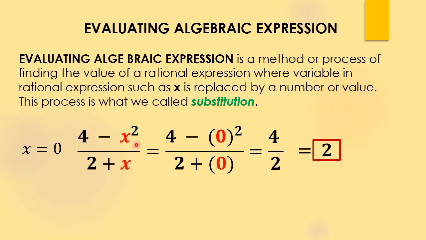Replacing x with 0: 4 minus the square of 0, which is 0, becomes 4, and then 2 plus 0 is 2. So 4 divided by 2